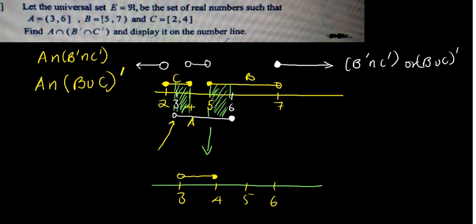4 is part of this line, and 4 is also part of this, so it is going to be part. And then 5 is also part of both sets, 6 is also part of both sets. And the badness is, if you just leave out, if instead of shading here, you don't shade, even if everything else is correct, the answer will be wrong. So therefore A intersection B complement intersection C complement is going to be 3 comma 4, like that, union